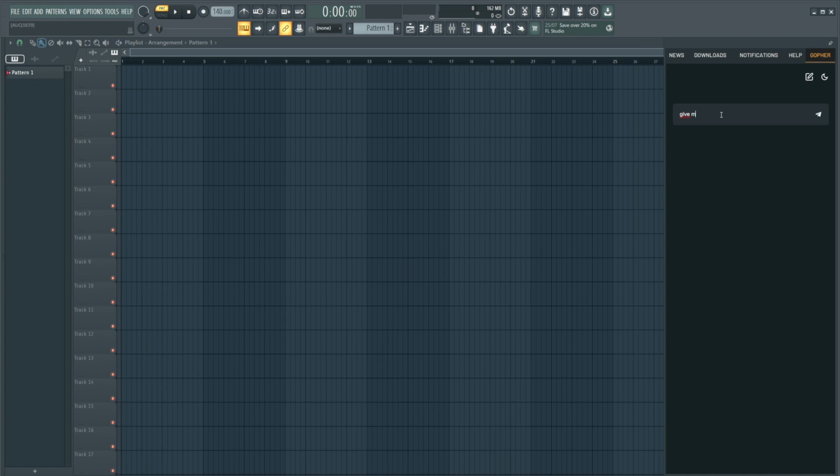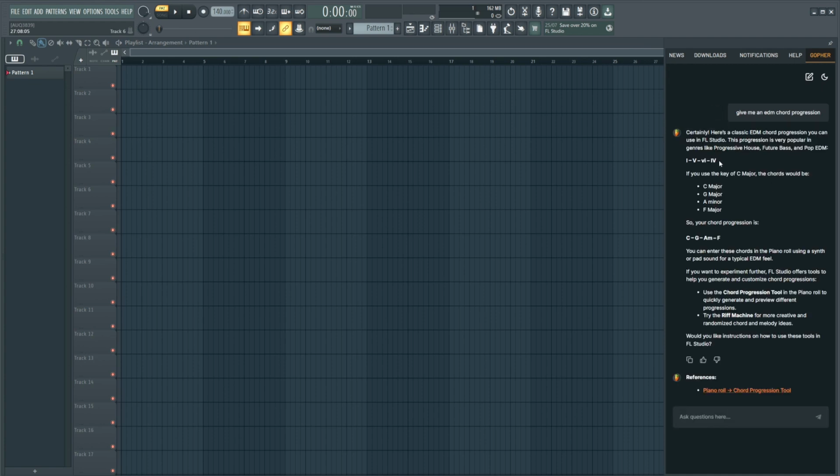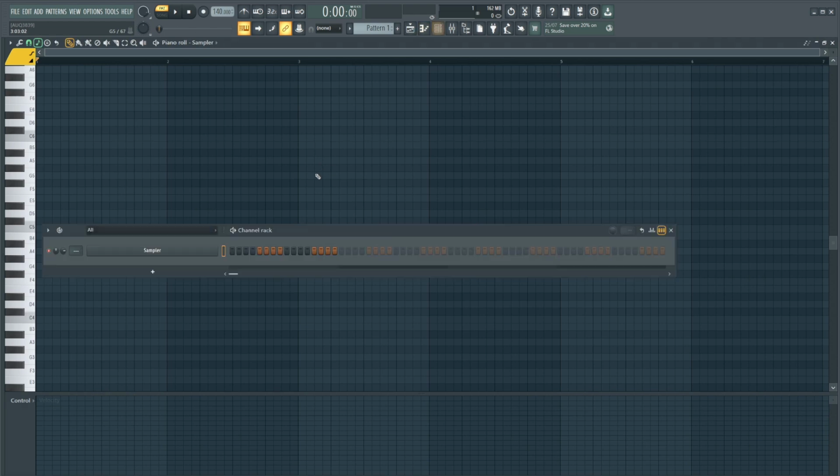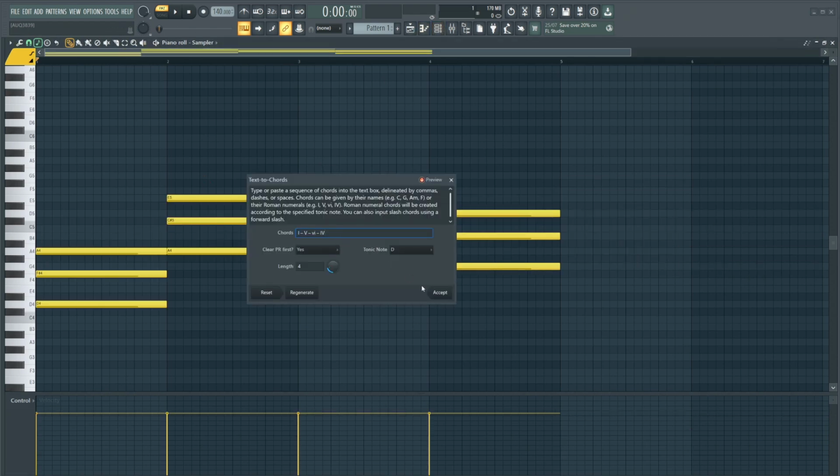For example, give me an EDM chord progression. And then after some time you get this chord progression, you get the chords right here and the progression playing like this. So for example, you can go here in the piano roll and then add those chords in,